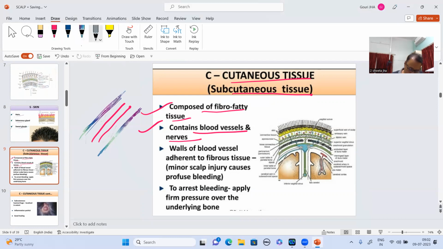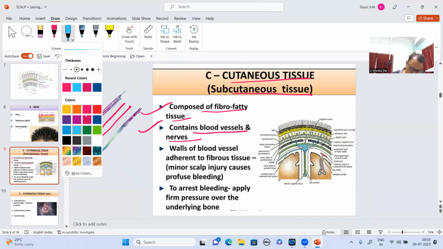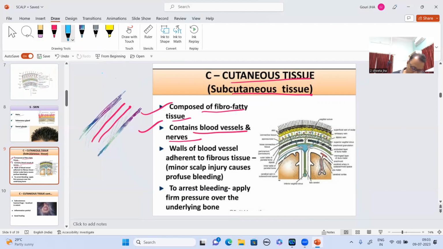Fibrofatty tissue over here. So what will the fibrofatty tissue do? This fibrofatty tissue over here will actually adhere to these blood vessels, or the blood vessel will adhere to the fibrofatty tissue. So this adherence of the blood vessels to the fibrofatty tissue does not allow the blood